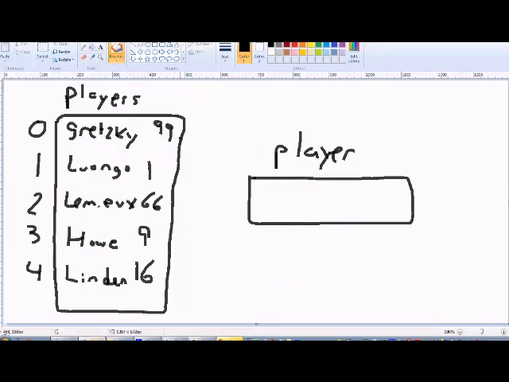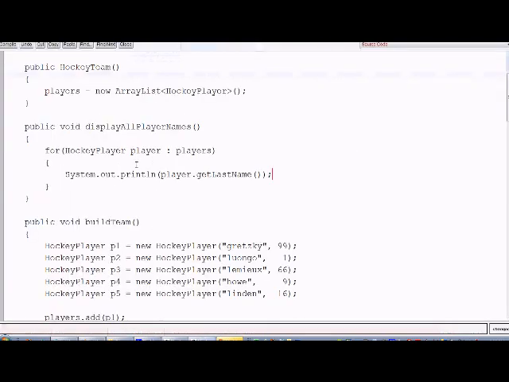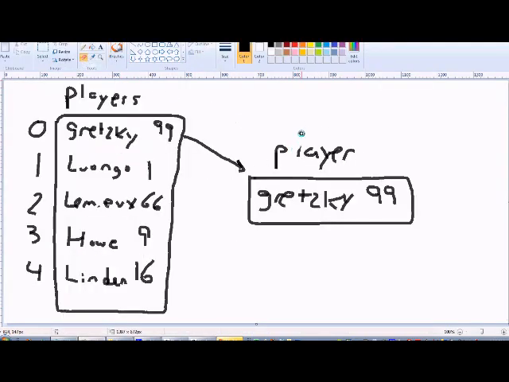And if I was going to draw it, the foreach loop automatically, starting with the first element and ending with the last one at a time, copies the entire object, not just the last name. The whole hockey player object gets copied into player. Or if I want to call it P, whatever. Just P there. So, one at a time, the object gets copied from players into P,